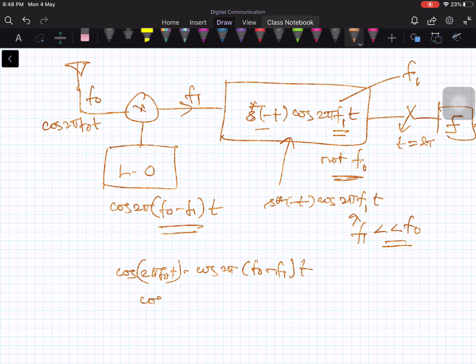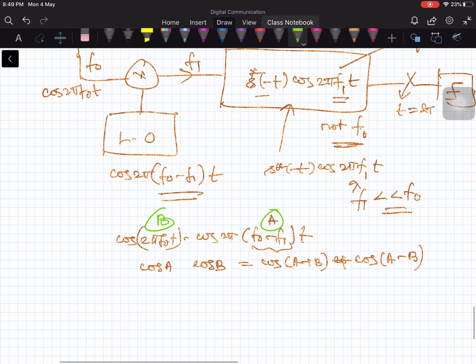So this you can say is cos A times cos B. This formula is cos of (A plus B) plus cos of (A minus B). You can choose any one A and any one B. Let me say this is A, this is A, and this is B. Cos of A plus B, which is